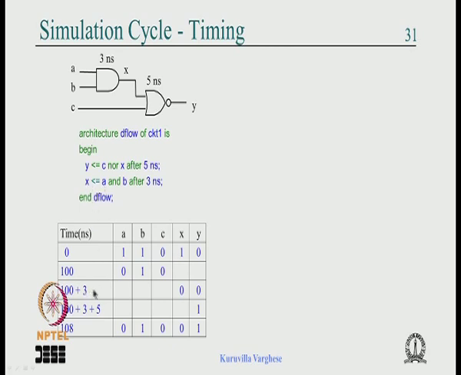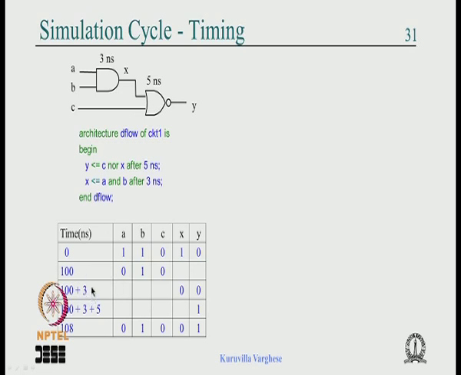So X is assigned a value, because A is going from 1 to 0, X will go from 1 to 0, but that happens at 103 nanosecond, and Y remains the same because there is no change in the X at this point at 100 nanosecond, so Y does not change. Now since there is nothing else to compute at 100 nanosecond, the simulation time moves from 100